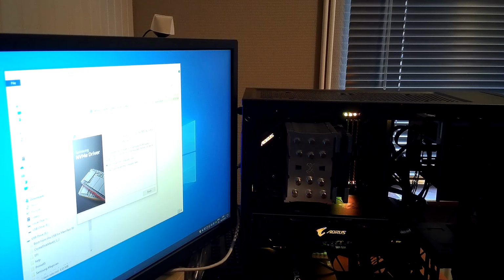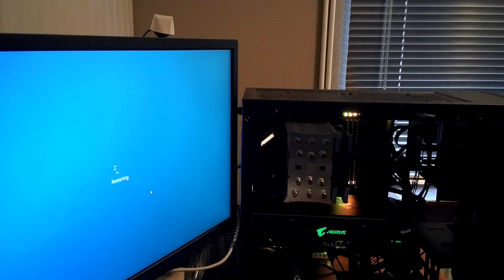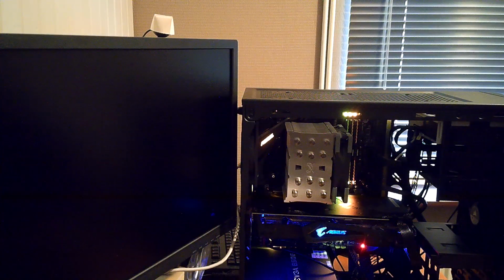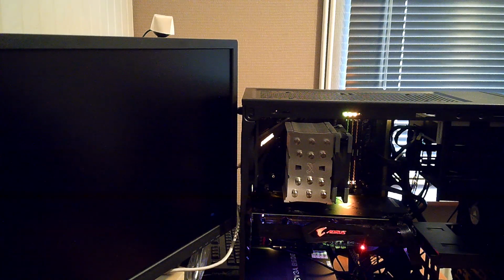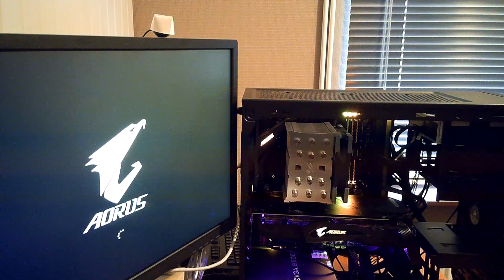To complete the installation of Samsung NVMe Express driver, your computer must be restarted. Would you like to restart it now? Yes, I would like. So, we are just restarting. That's easy. And then we go and check if it uses the Samsung driver.